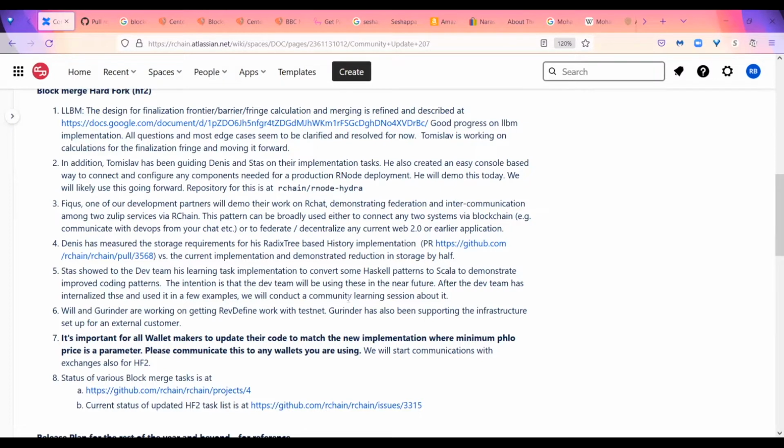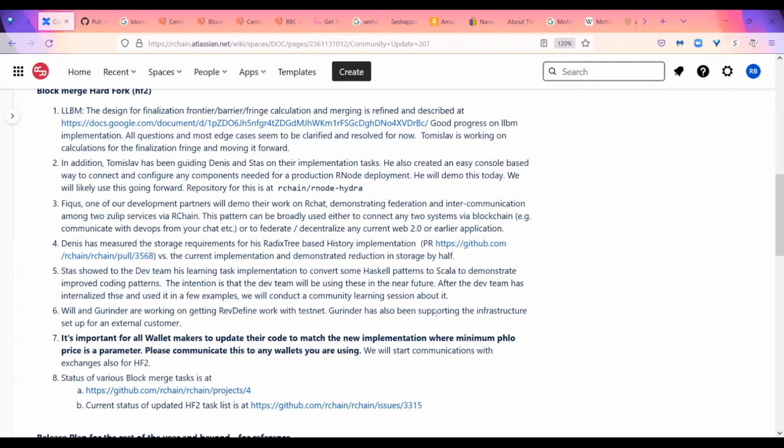So anyways, that's that task. And Will and Gurinder have been working on getting RevDefine to work with testnet as a way to basically make RevDefine more modular, whereby it can work with any network. So it's a step towards that.